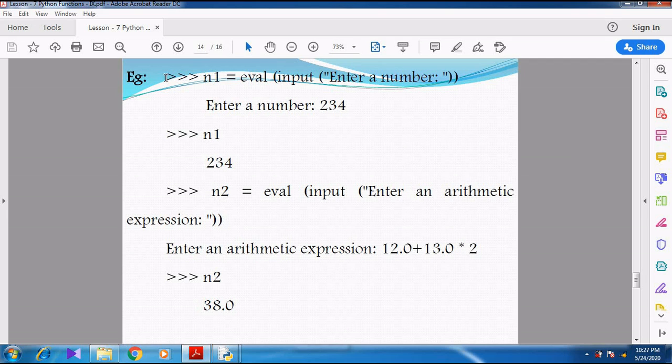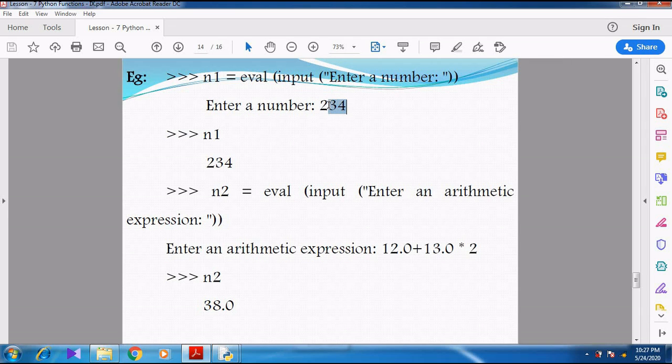See here, in interactive mode itself they are showing the example instead of going with script mode. n1 equal to evaluate, and inside that we are using the input function: "Enter a number".